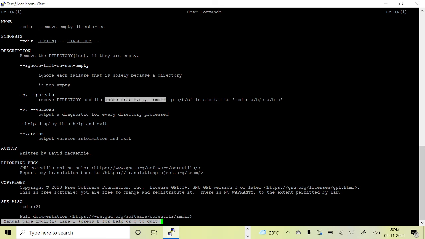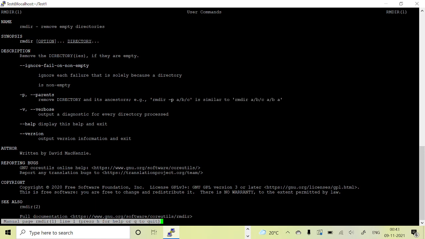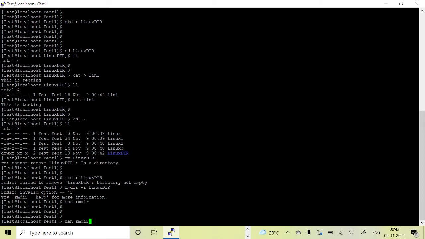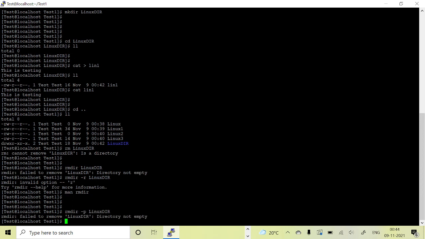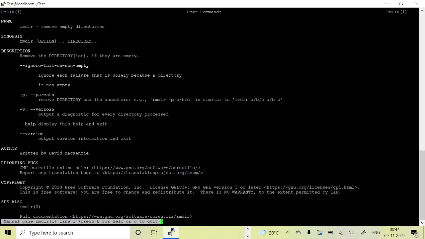Example: rmdir -p a/b/c is similar to rmdir a/b/c. So we have to use -p to remove the parent directory. rmdir -p. man rmdir.